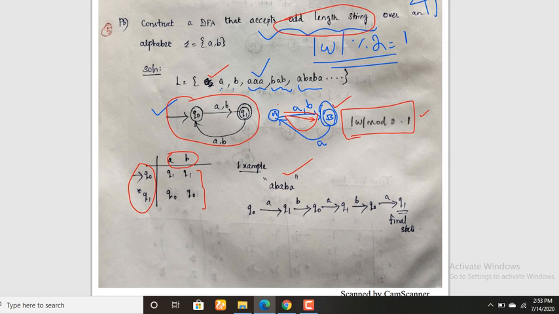The final conclusion is this: for a given problem, it is possible to construct one or more DFAs, but always keep in mind that your DFA should be minimized. For all problems you can't add a dead state. For a few problems it is possible to add a dead state. If you are adding a dead state, it is definitely a professional one.